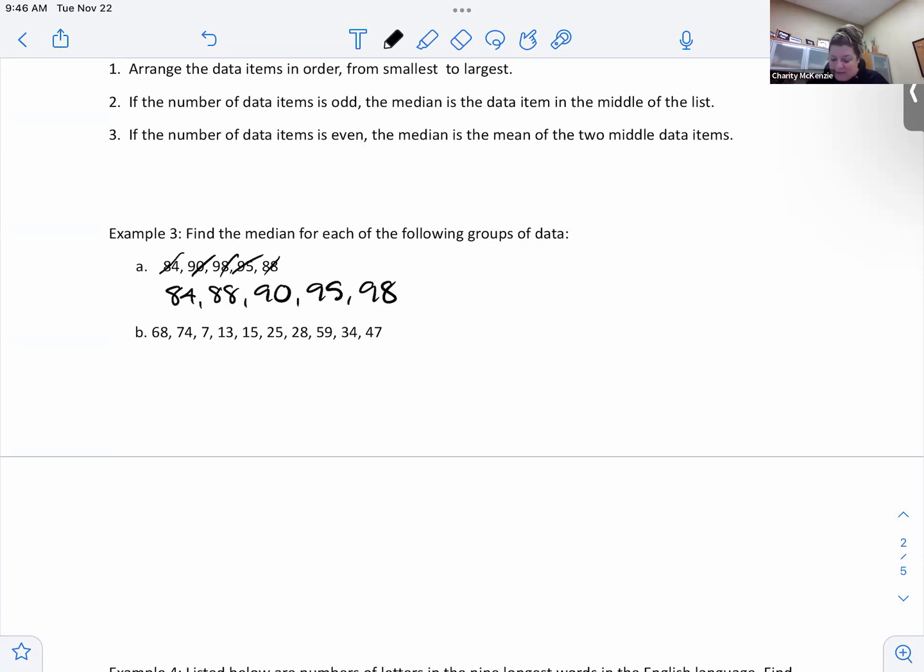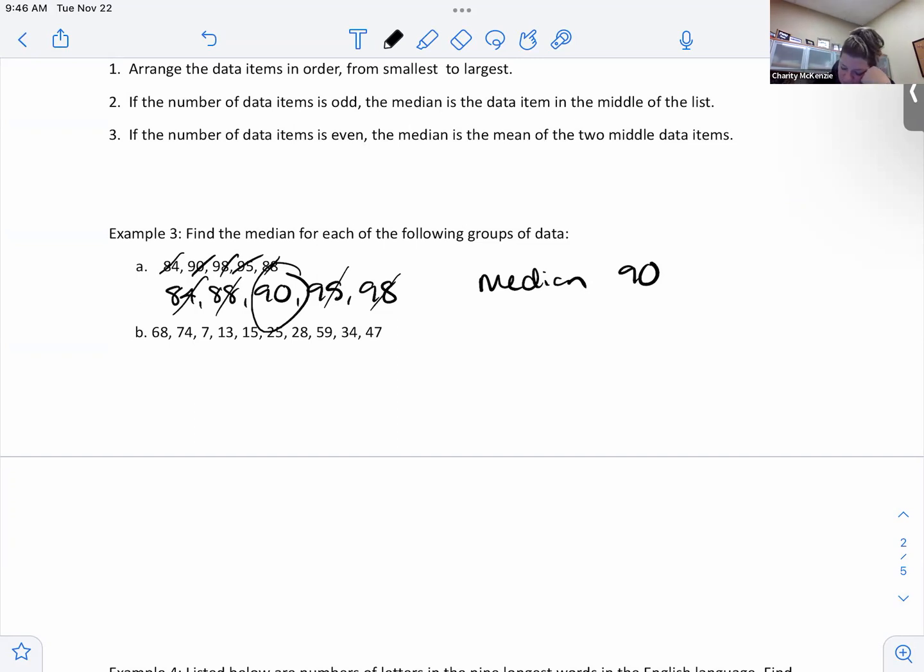Okay, median. So some people learn like slash your way to the middle. 90 totally works. I don't care. You just got to find the exact middle number. If there were two middle numbers, then again, you're going to have to add them. So the median is 90. This is still an average, right? Still a way to find the middle, 90.